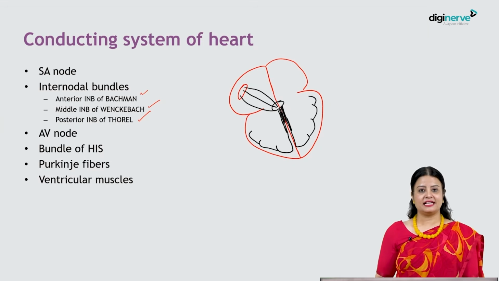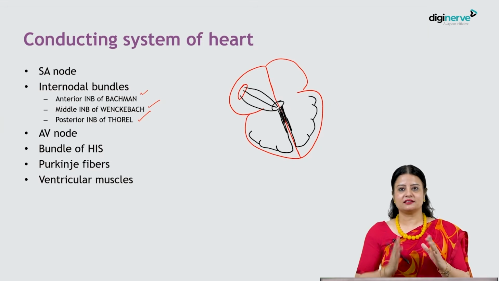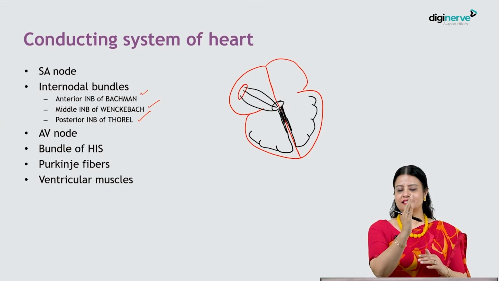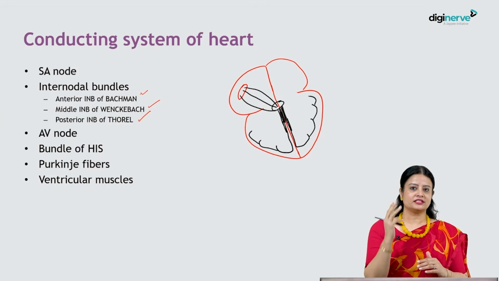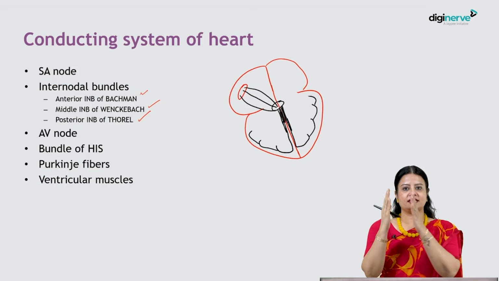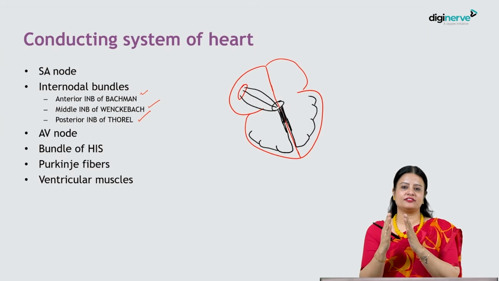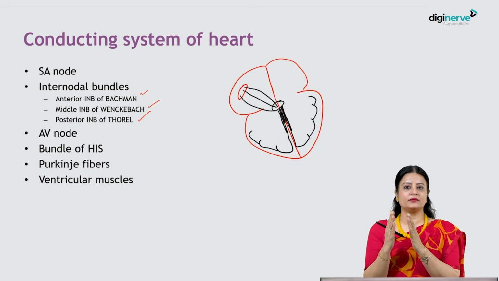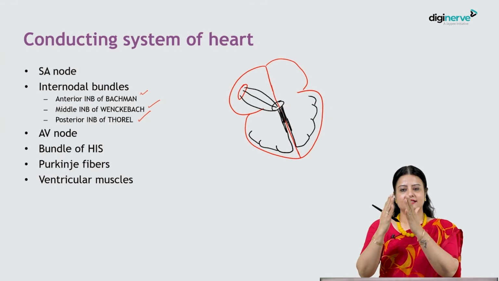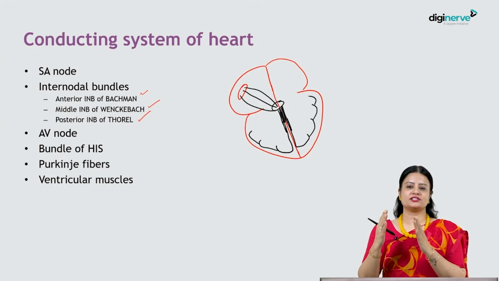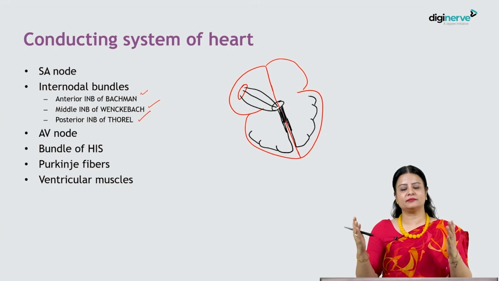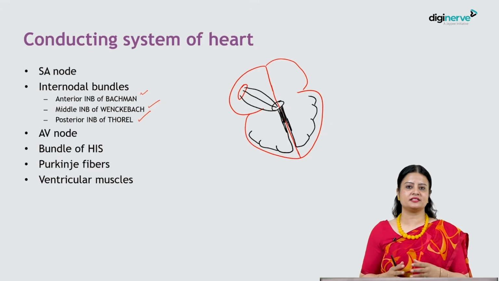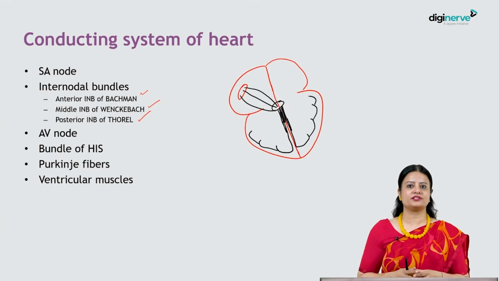So let's revisit it. The SA node sends the impulses to the AV node through three internodal branches. Then from AV node, the bundle of His arises, which is a common bundle, and then it divides into two branches, the right and the left bundle branches, which then terminates as the Purkinje fibers, and they supply the ventricular